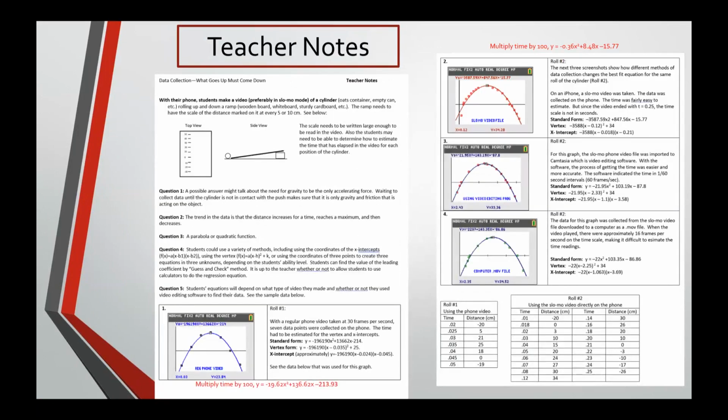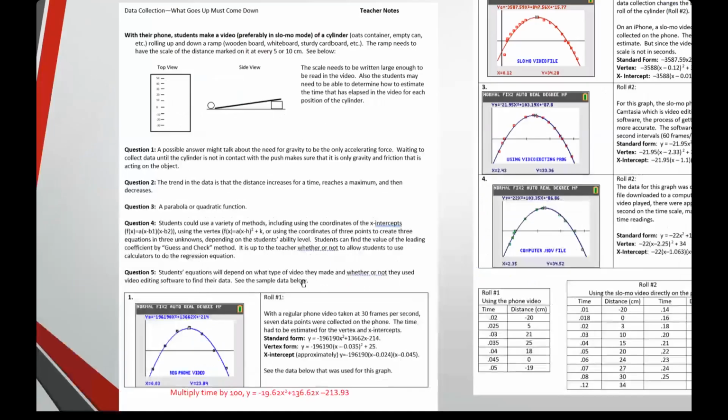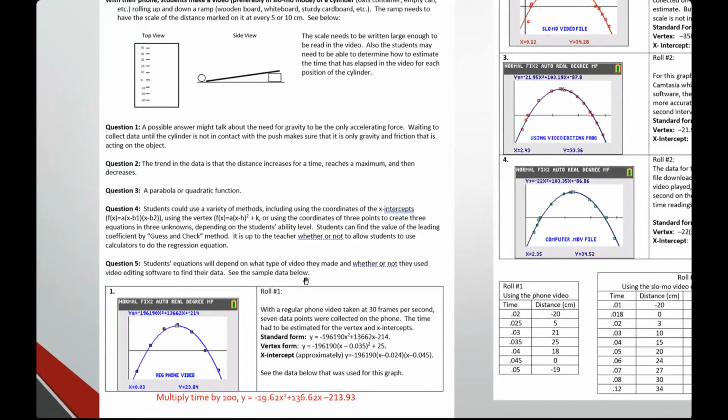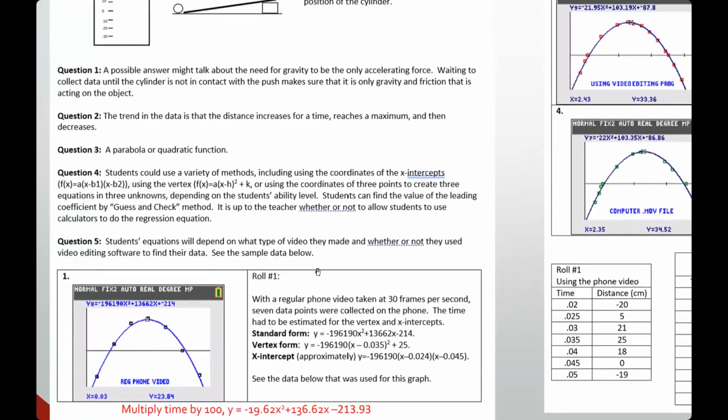And so we looked at the data in the first page here. These students did manage to get one x-intercept, but they weren't able to estimate the time very well, and they just wanted 7 points. They didn't care. They just wanted to get it done. And